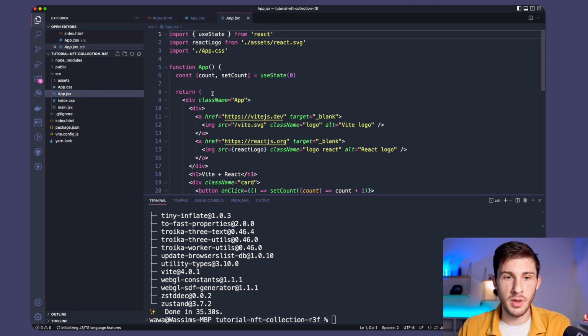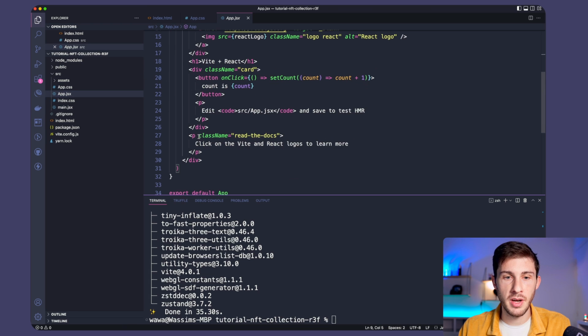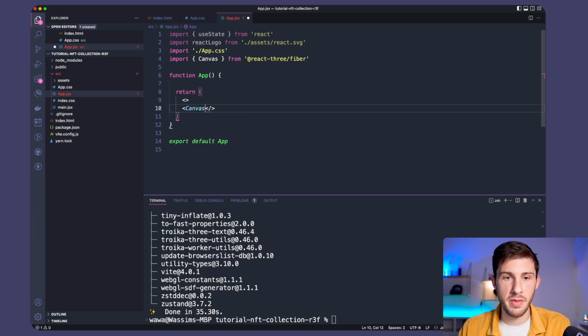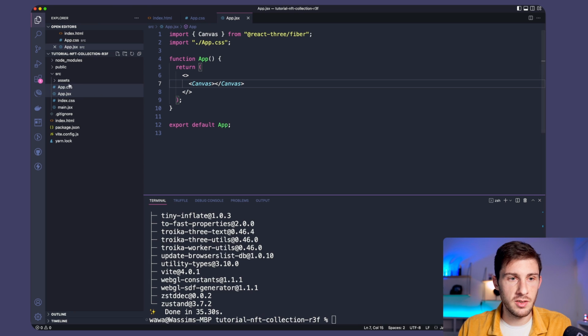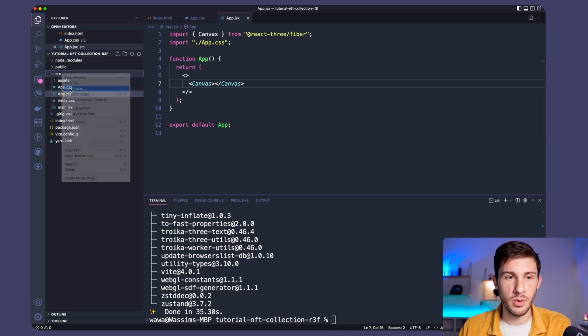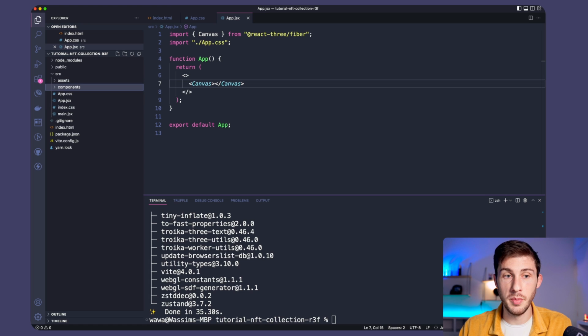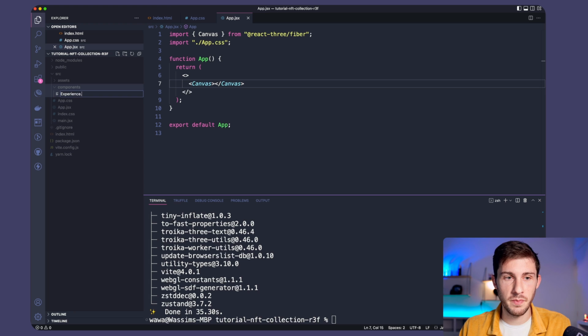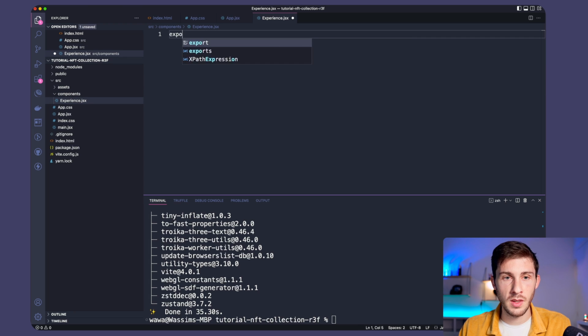Okay, now let's go to our app. We will remove everything. Let's create our canvas from React Three Fiber where we will put our experience, but we didn't create it. So let's create a component folder to organize a bit, even if I won't organize everything. So new file experience.jsx, export const experience,